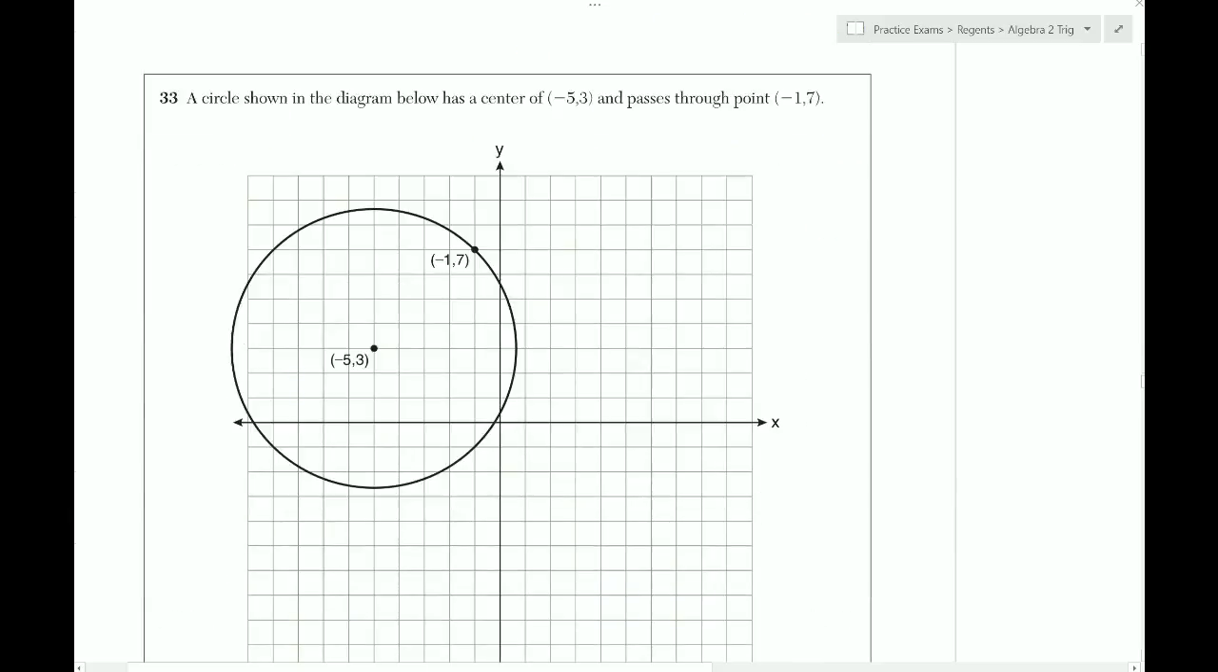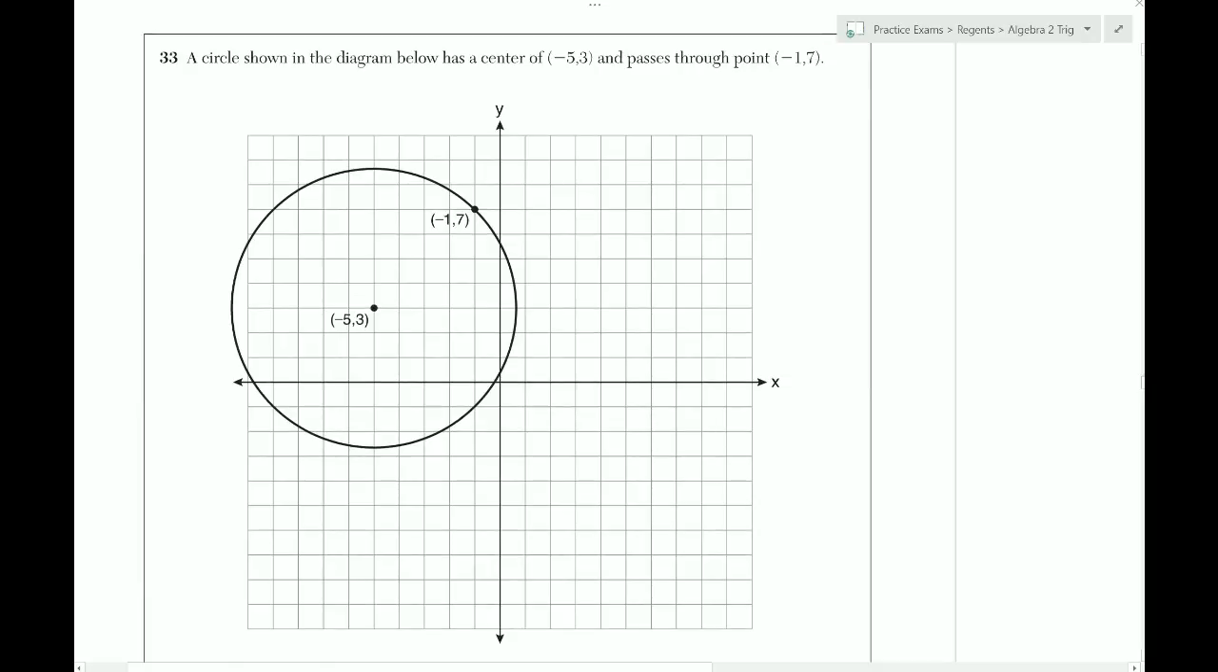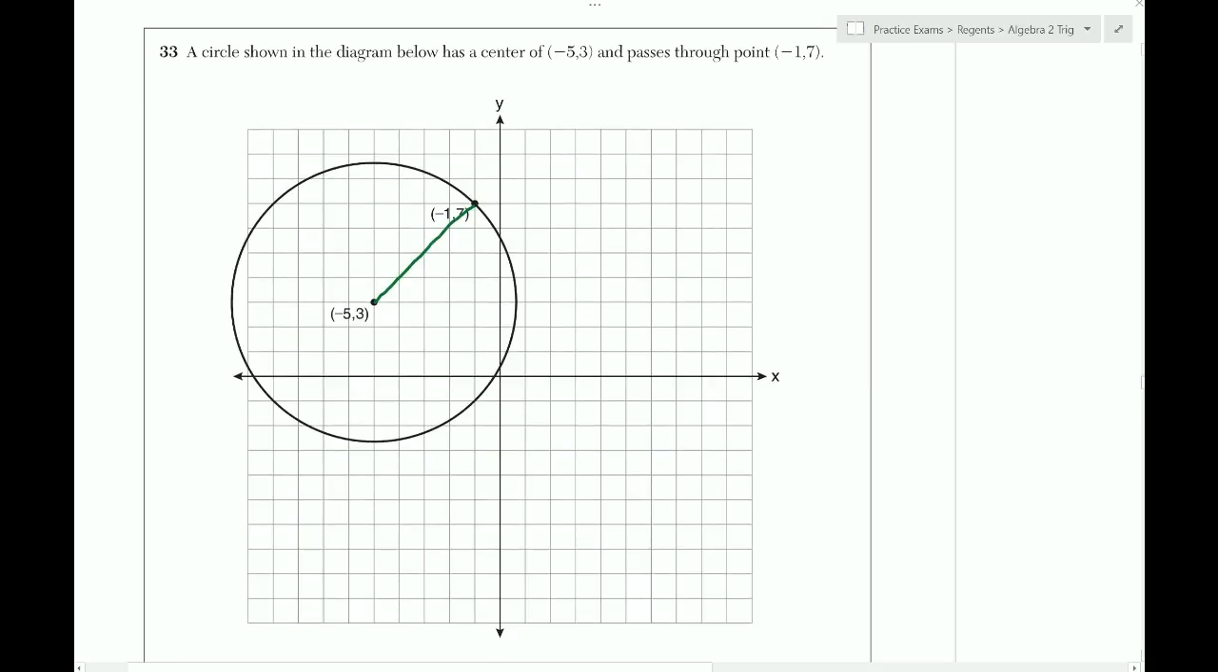The circle shown in the diagram below has a center of this and passes through this point. All right. And we want to find the equation of that circle. So to get the equation of a circle, we need the center and we also need the radius. To get the radius here, we're going to need to find the distance